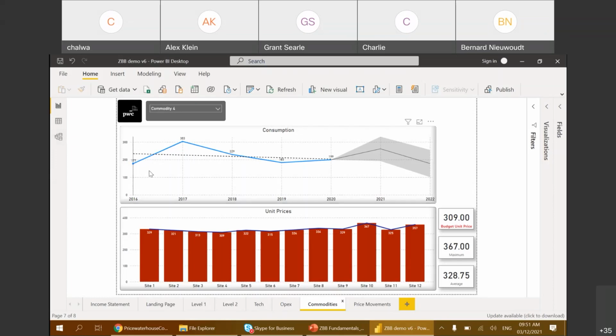So for this example, we looked at the commodity consumption and we forecasted that over time. The reason you do this is it creates the opportunity for you to mute price increases, because if you understand your consumption over time, you have an opportunity to buy at favorable times.